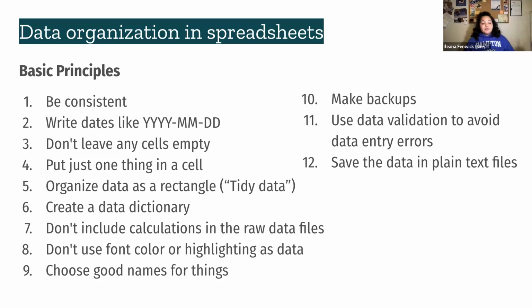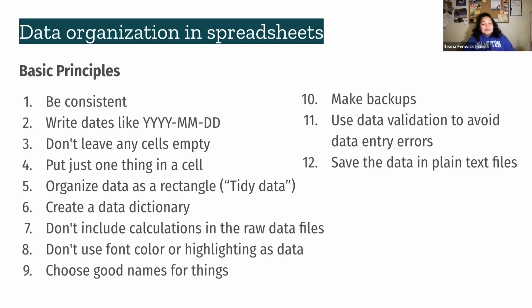And in doing so, you can use tools like version control software. One that most folks are familiar with, for example, would be Google Docs, where it's keeping track of your edits in different versions, and you can even restore previous versions that you want to come back to. Same for Google Sheets, for example, or using tools like GitHub, where you're able to post and reproduce and share your code collaboratively in the different iterations of it. The next tool is to use data validation to avoid data entry errors. So this can be extremely helpful as we're hoping that human error doesn't creep into the work that we're doing.